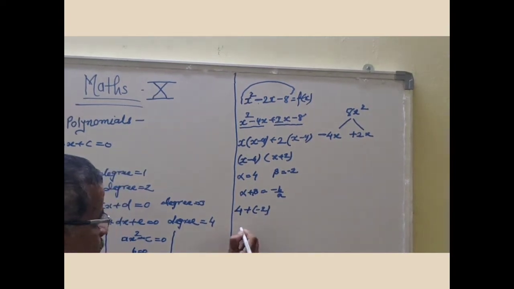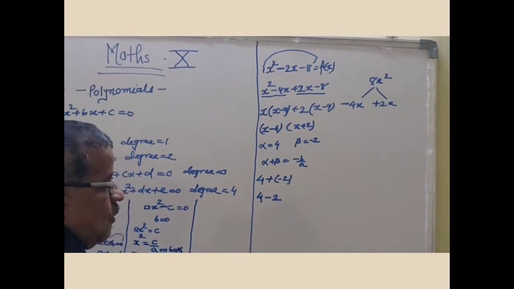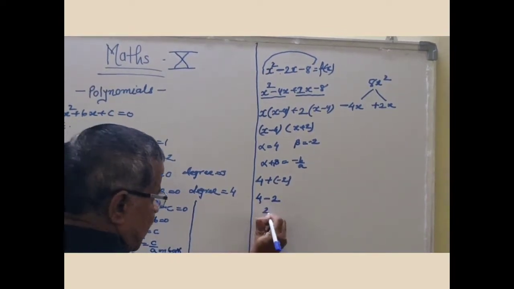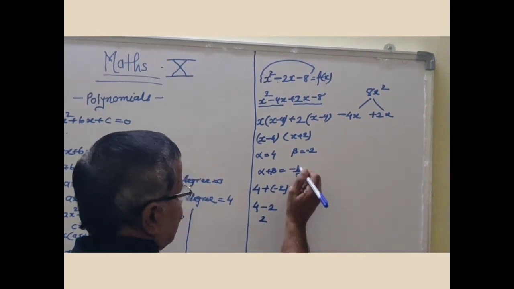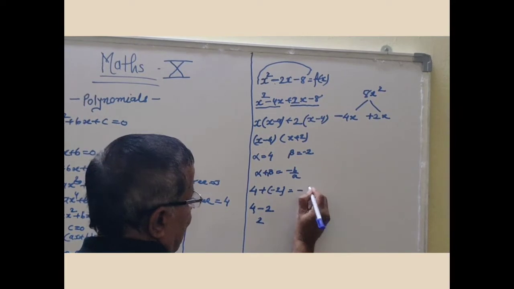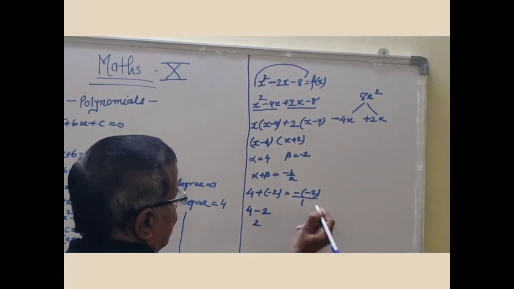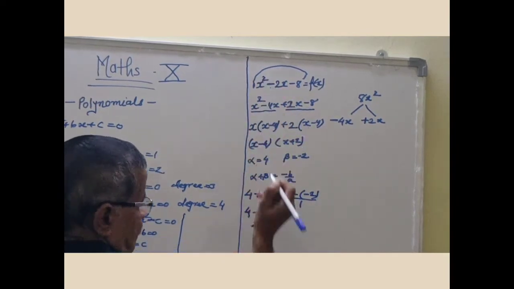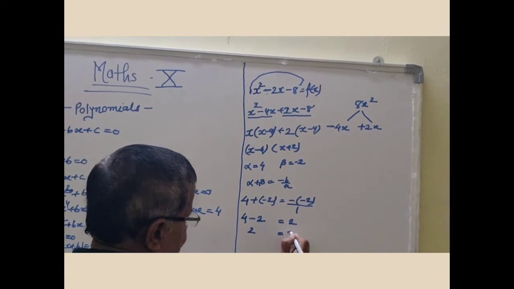Now 4 plus minus 2 is 4 minus 2, which is 2. Now I will go to the RHS. What is the value of b? b value is minus 2. Therefore minus of minus 2 upon 1. a is 1. Therefore minus minus is plus 2. Therefore 2. Hence